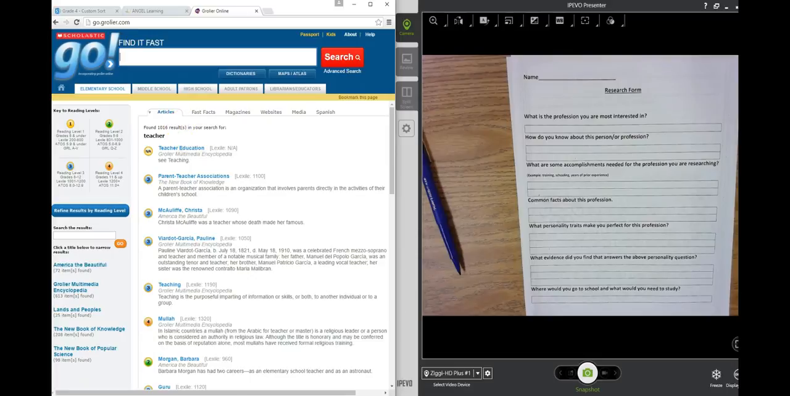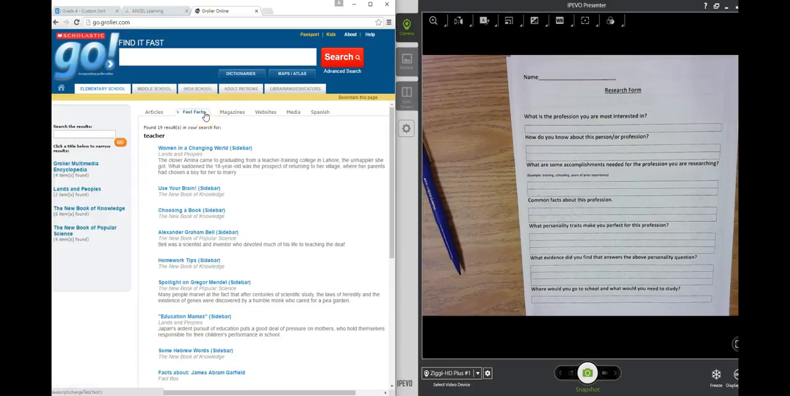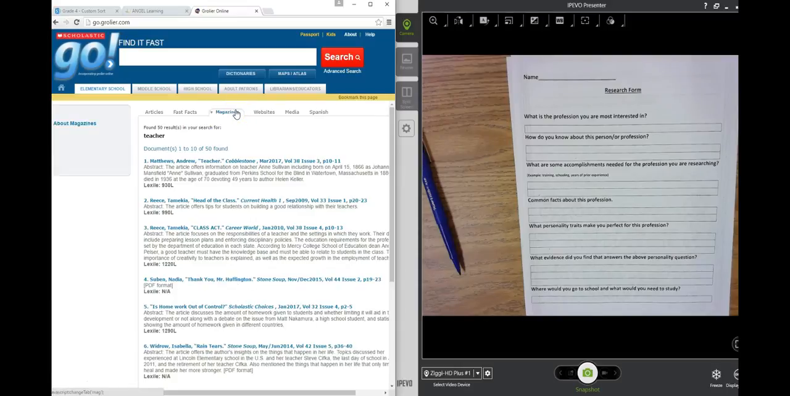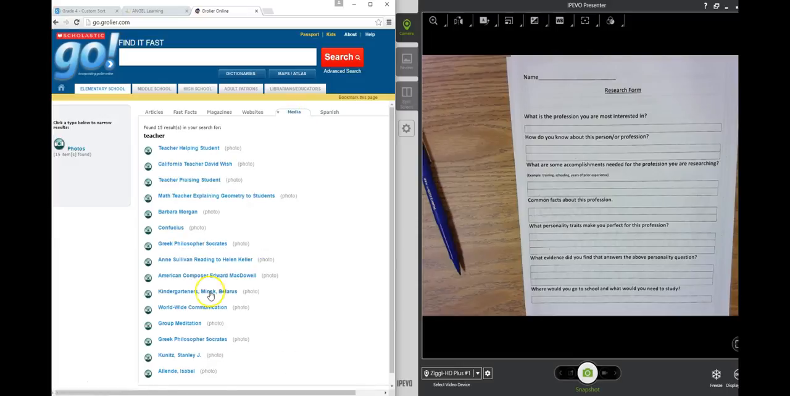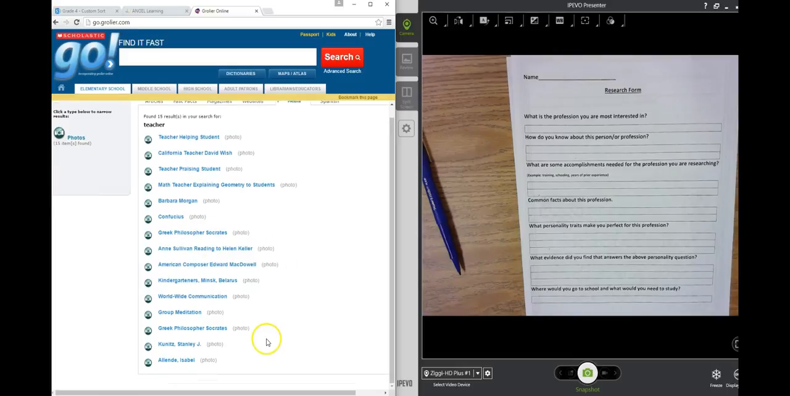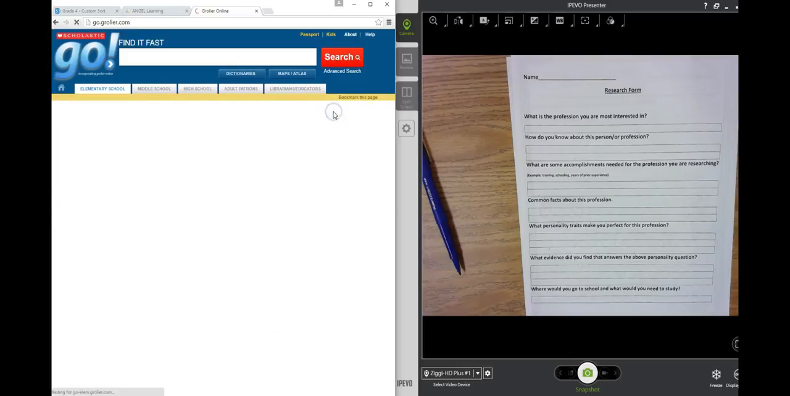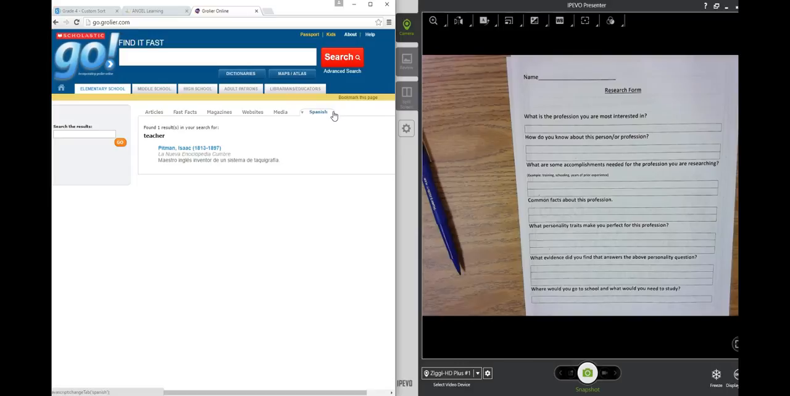and there's articles, fun facts, magazines, websites, media, which is photos. See how it says photo at the end? And a Spanish resource. So if I go back to articles,